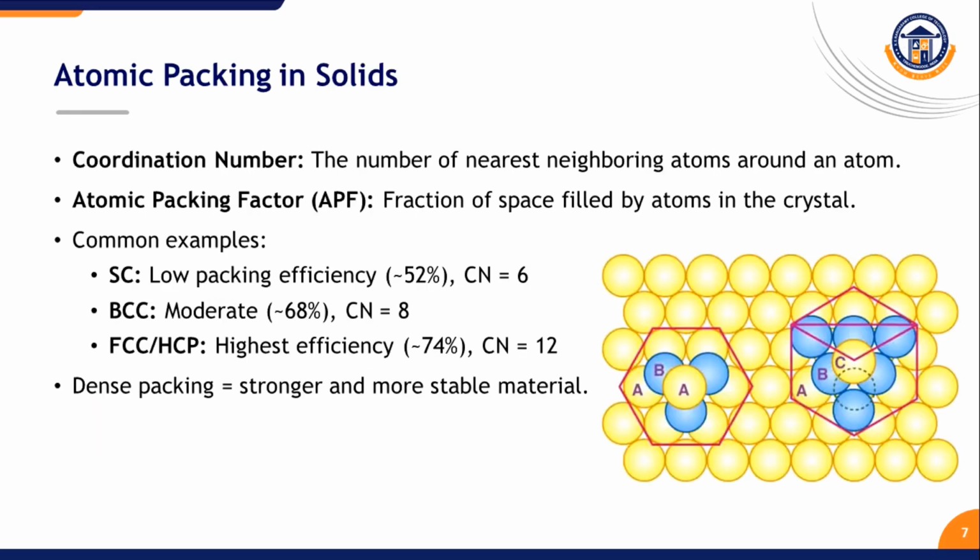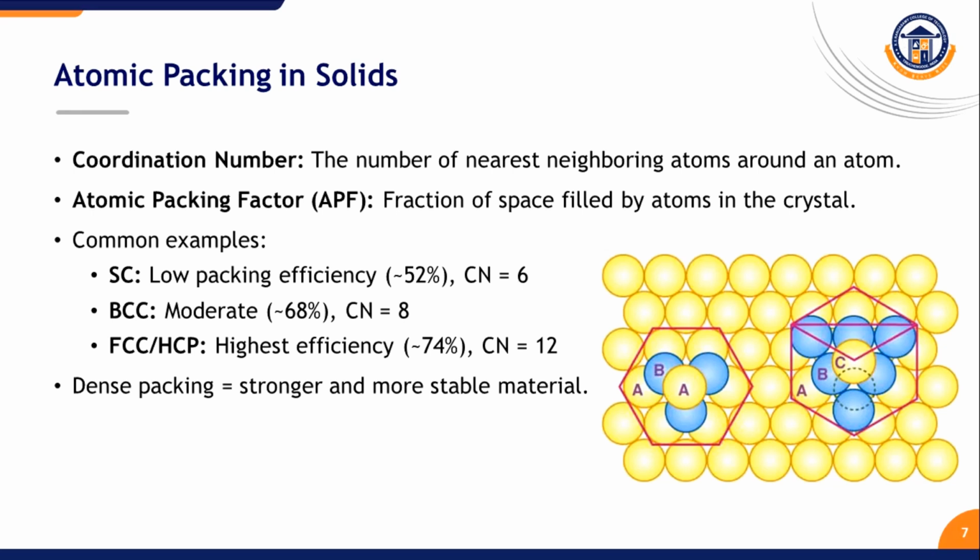Another key factor is how tightly atoms are packed. The coordination number tells us how many nearest neighbors surround an atom. The atomic packing factor, or APF, tells us what fraction of space is actually filled by atoms in a crystal. For example, simple cubic has low efficiency at 52%. That means the packing factor is 52% and the remaining 48% is vacant, with a coordination number of 6. While